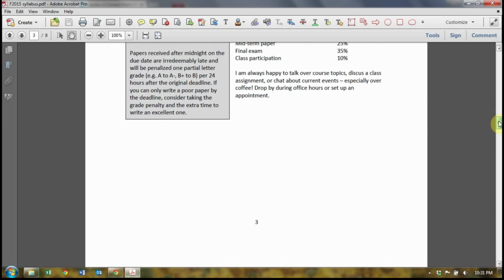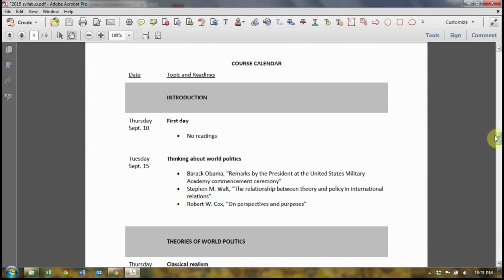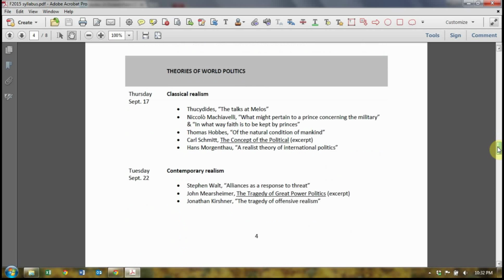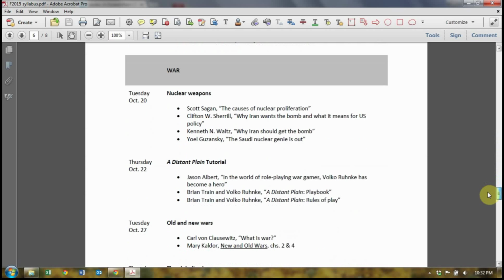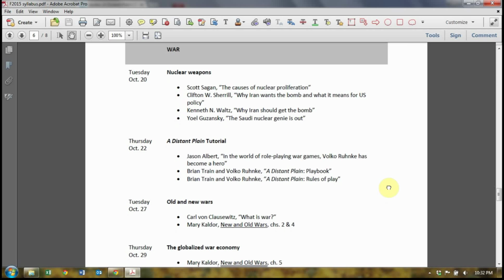Our first day of class, substantive day of class, is going to be Tuesday, September 15th, and so we'll be reading out of the course packet. And then, of course, afterwards we start up the 4 big sections of the class. Theories of world politics. We begin our section on war in late October, and talking about some important current events, talking about the Iranian nuclear program,